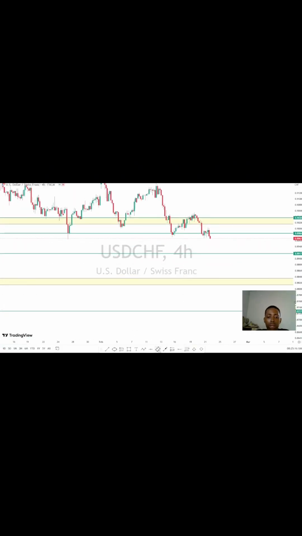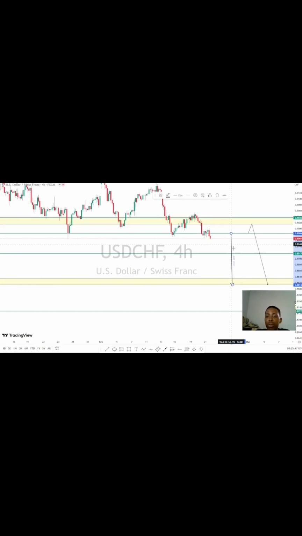Alright guys, I'll be waiting for my first entry. I'll be waiting either for the market to pull down here, push back here and keep on floating down to this downside, or let me adjust this very clean, or I'll wait for the market to push towards this level and keep on heading down to the downside. So these are my two